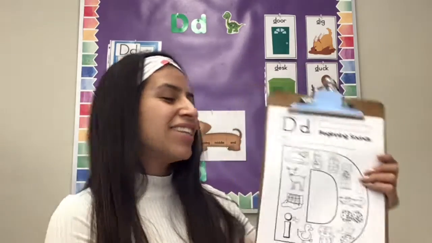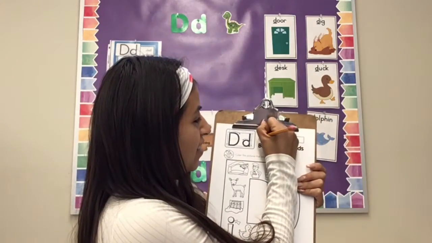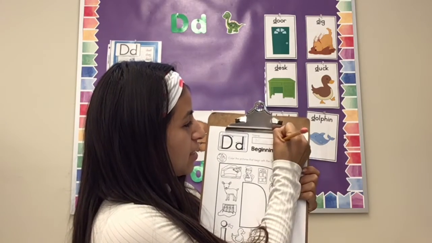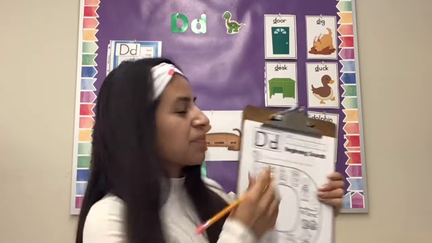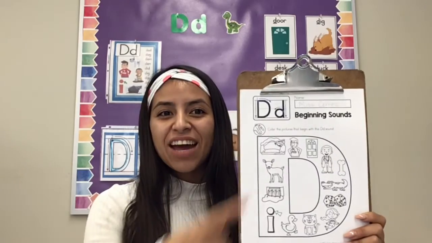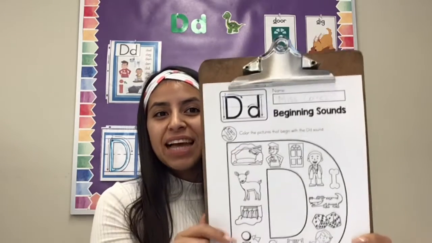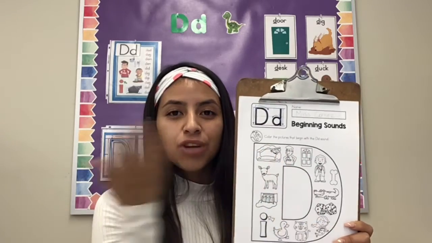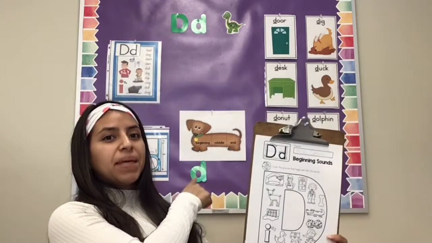All right, so before we begin working on our worksheet, as always, we have to do step 1. And step 1 is writing our first and last name. Let's go ahead and do that together. Miss Cortez. Okay, TK, now that I have went ahead and wrote my first and last name, I am going to start looking at my pictures and trying to figure out which one of these begins, remember, begins with the letter D